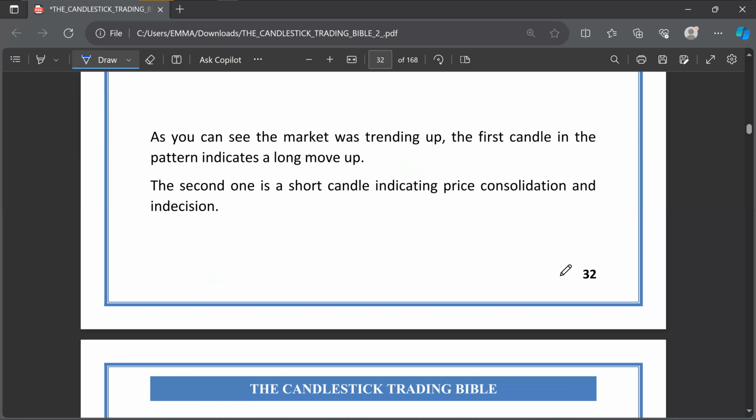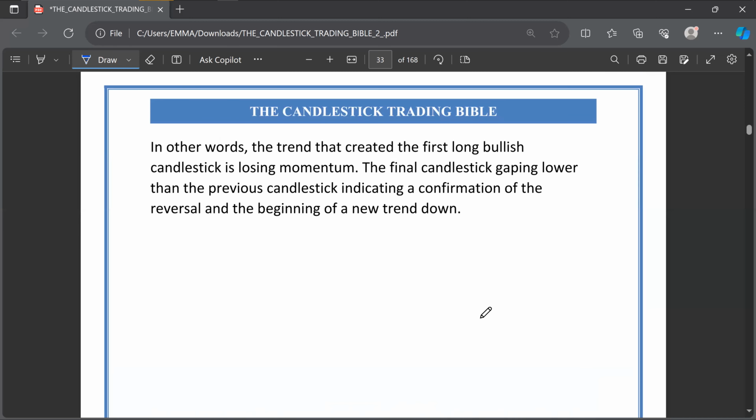Now, as you can see, the market was trending up. The first candle in the pattern indicates a long move up, right? Because it was bullish. The second one is a short candle indicating price consolidation, right? I told you that consolidation means a ranging market. They move up, move up, move up. It's like another term for what? Ranging. So that's the second one that we are talking about. The second one is a doji because there's indecision, consolidation, and all that. So that is it. Now, in other words,